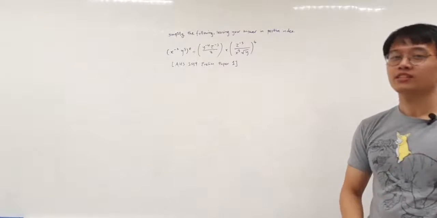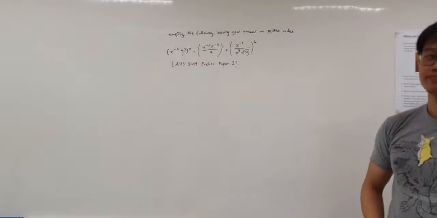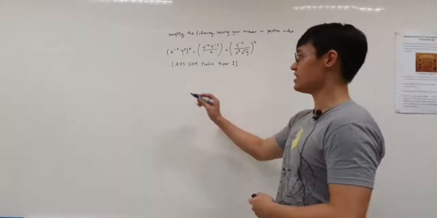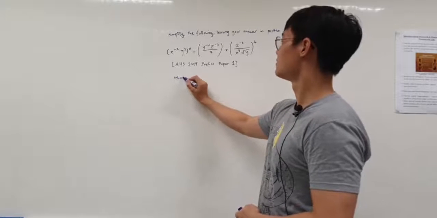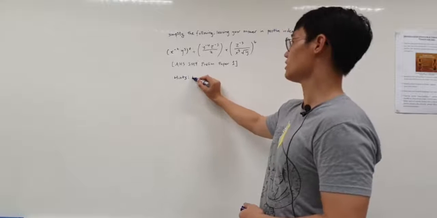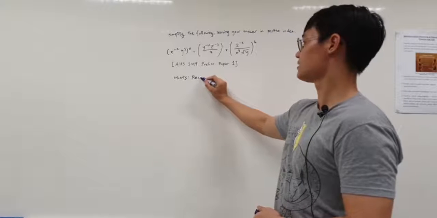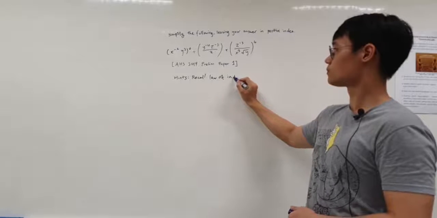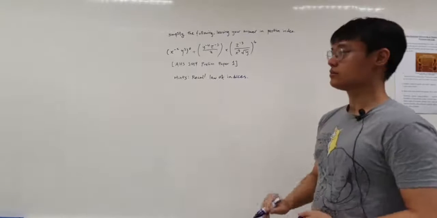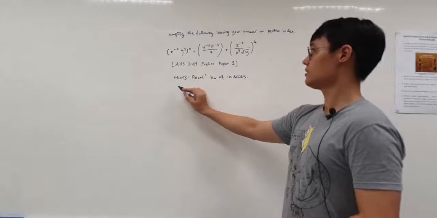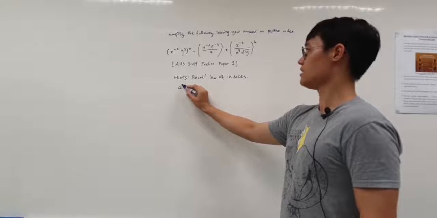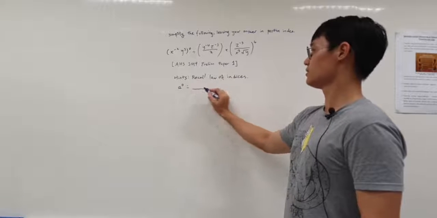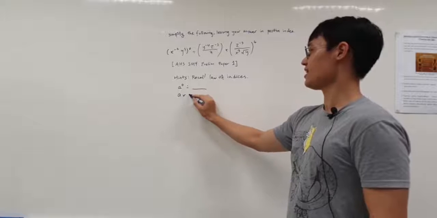So I'll give you a few minutes to do this question. So for some hints, we need to recall the laws of indices. Some of the laws of indices such as a to the power 0 equals to a times